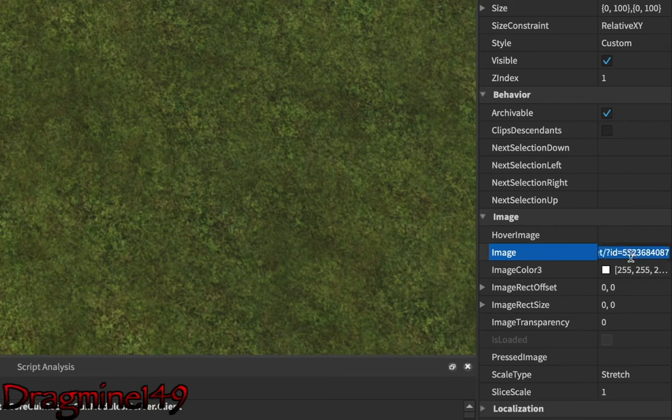So what I'm just going to do is copy it and paste it. So now when I hover over it, well, it should change, but I'm not sure. I'll just leave half the ID blank. That's how the image part works.